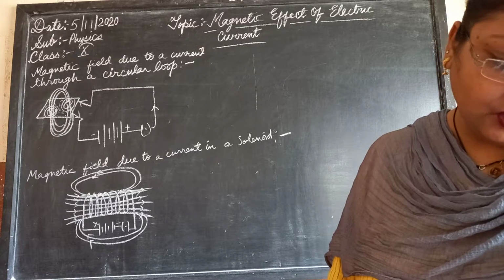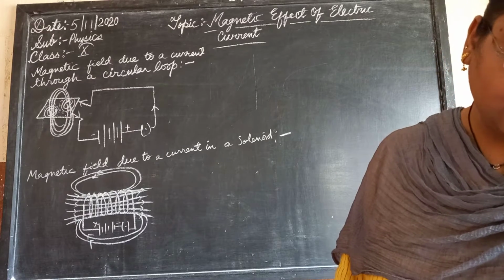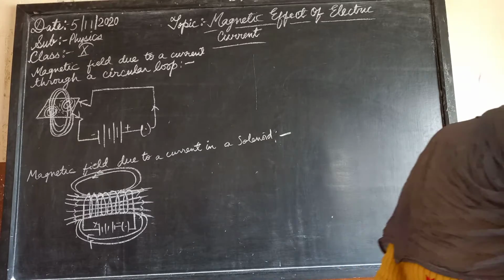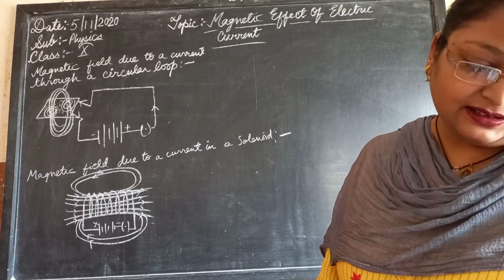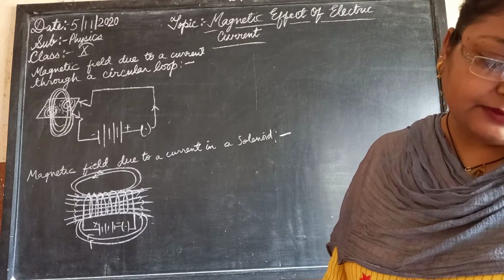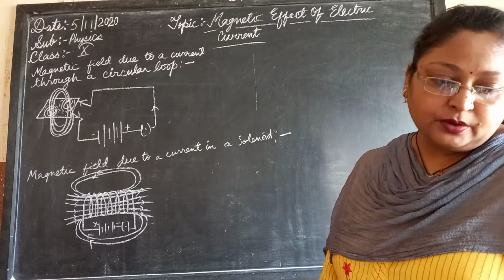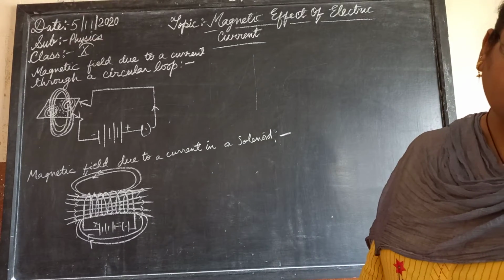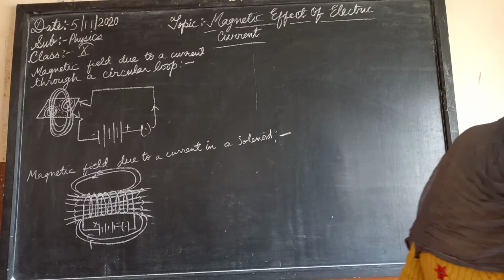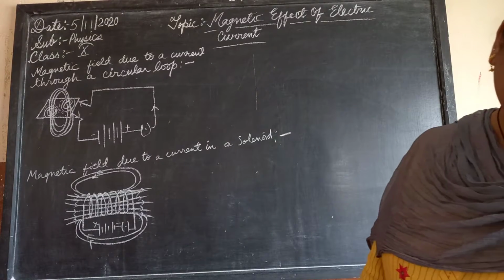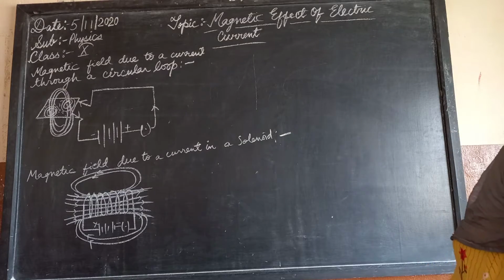In fact, one end of the solenoid behaves as a magnetic north pole, while the other behaves as the south pole. The field lines inside the solenoid are in the form of parallel straight lines. This indicates that the magnetic field is the same at all points inside the solenoid. That is, the field is uniform inside the solenoid. A strong magnetic field produced inside the solenoid can be used to magnetize a piece of magnetic material like soft iron placed inside the coil. The magnet so formed is called an electromagnet.